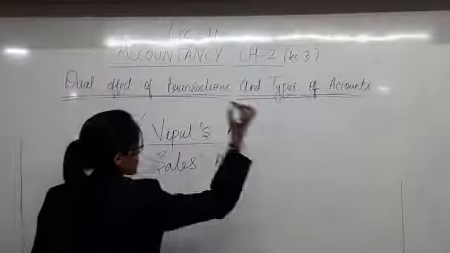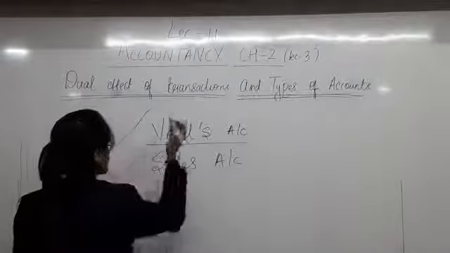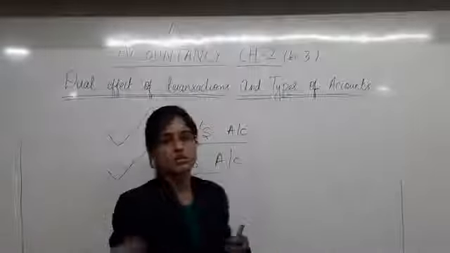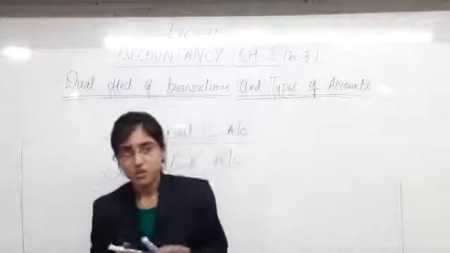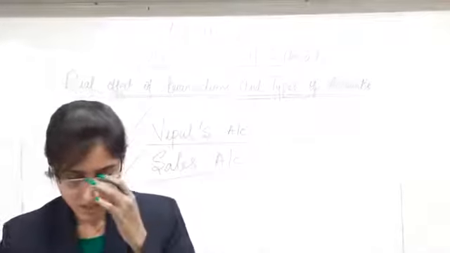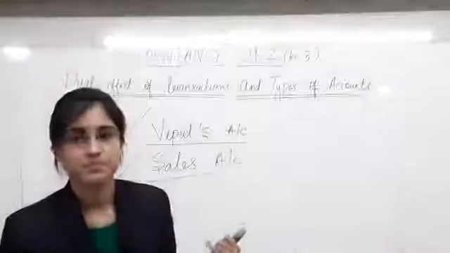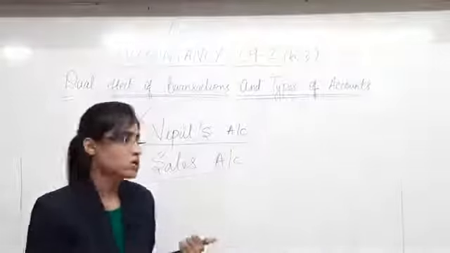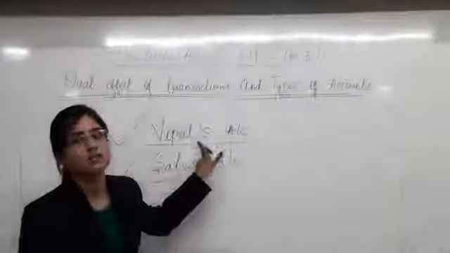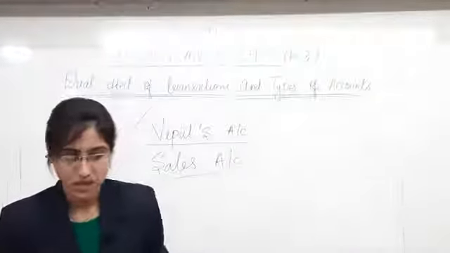So first effect, Vipul's account. What did you sell? You have sold goods. So sales account. Clear? Okay. Then the next transaction. Yes, Vipul is who? Debtor, because Vipul will pay later. It will be the credit transaction. Yes? Then,